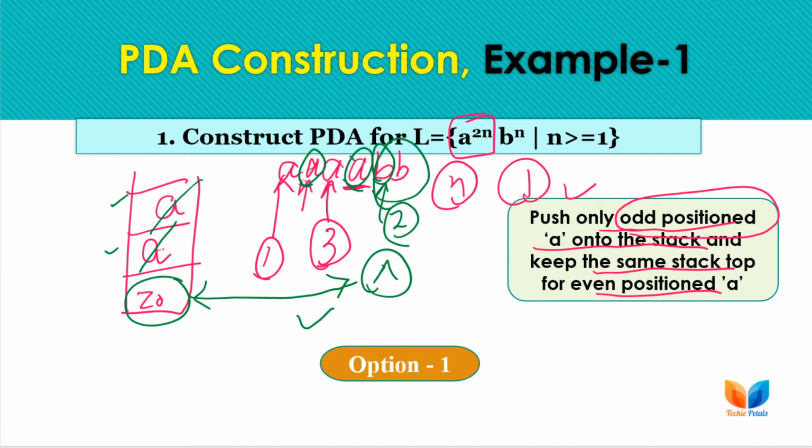So this will be the matter of implementation. For the second A, we have to keep the same stack top. We are not replacing the stack top with any other symbol or the double A. We are just moving to the next input. As we are reading the input from left to right, we have to consider each symbol one by one. So if we have to ignore one input, just read the input while keeping the same stack top and move to the next input.